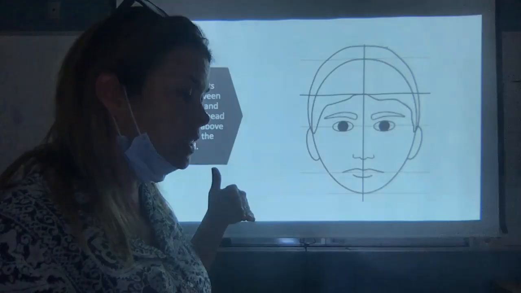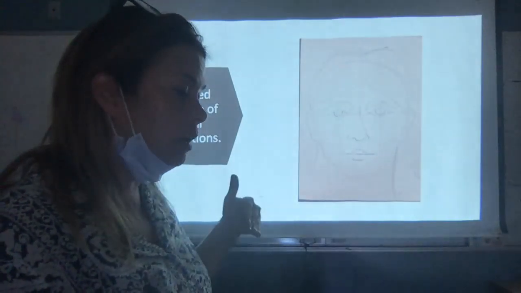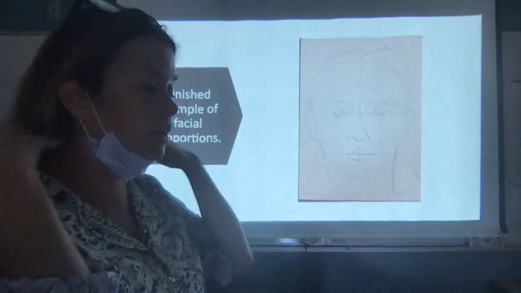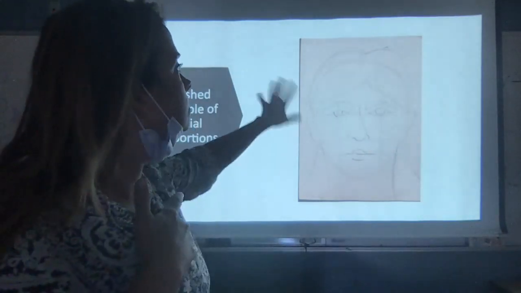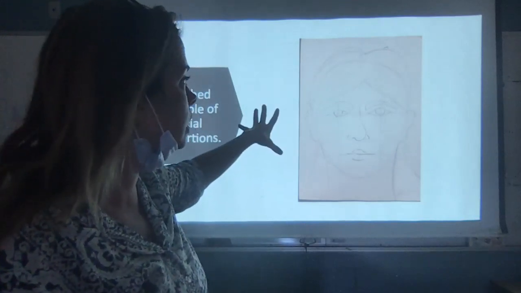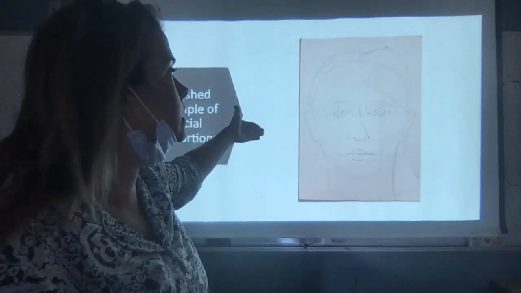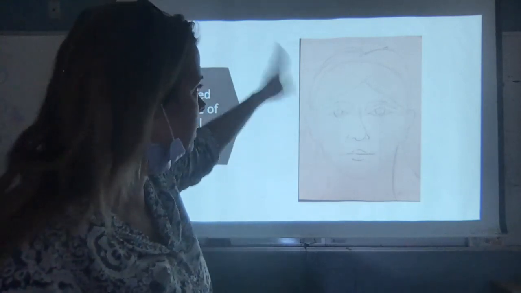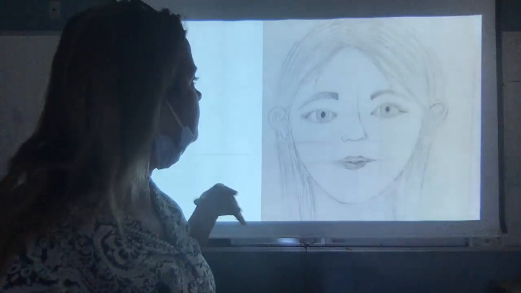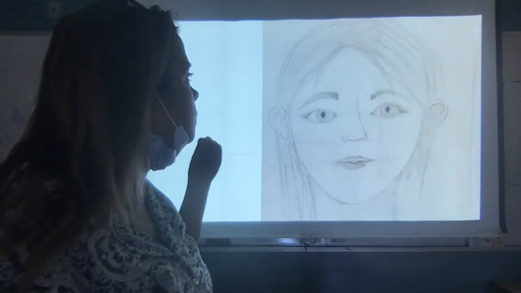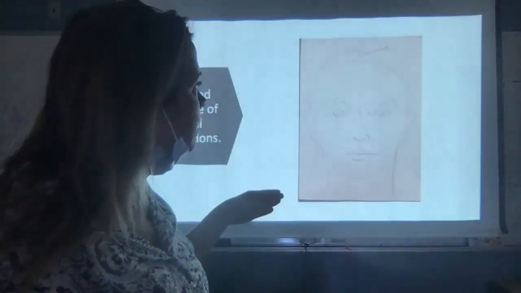You're going to follow these steps, and you are going to end up with a proportional drawing. If you're a guy and you don't have all this hair down here, don't put it down there. I'm just showing you this example. This is exactly what one of your finished examples should look like. I'm fine seeing all your little grid lines. You can tell how they have divided this up. Here's another example. You do not have to be perfect with what you're doing,